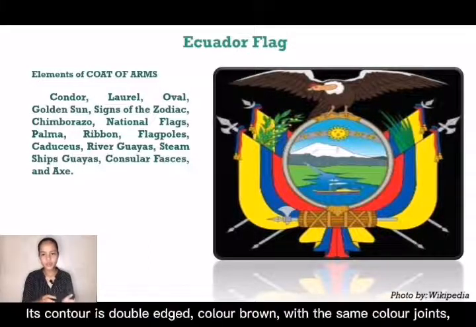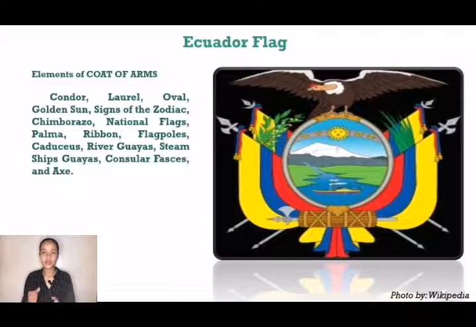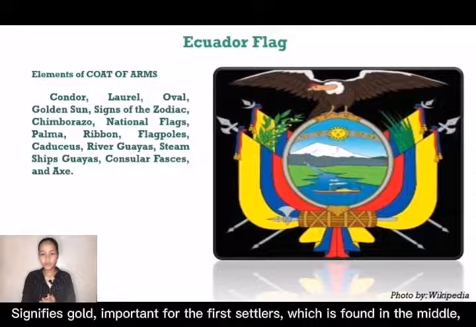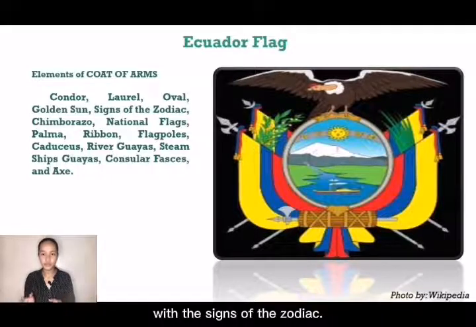Oval, its contour is double-edged, color brown with the same color joints both above and below. Golden sun signifies gold, important for the first settlers, which is found in the middle with the signs of the zodiac.